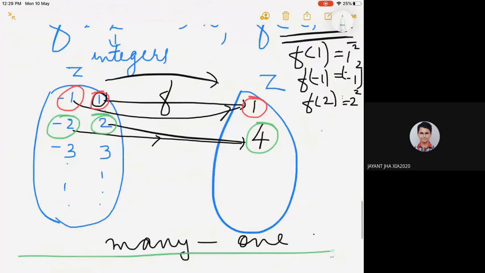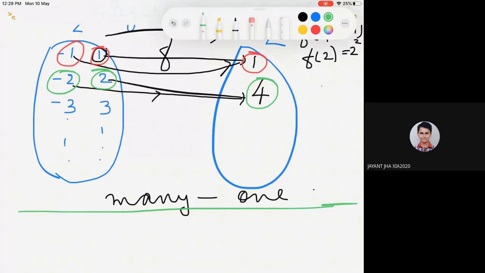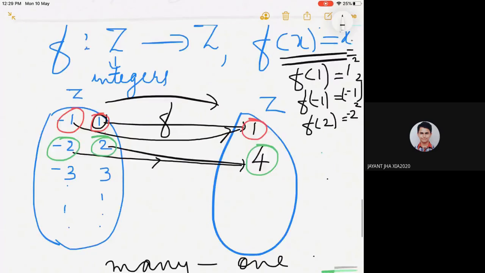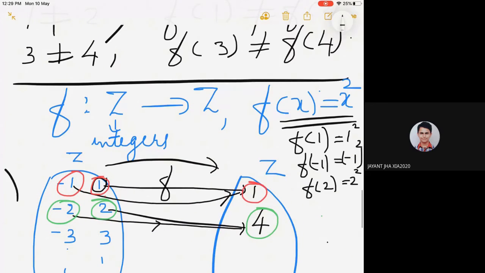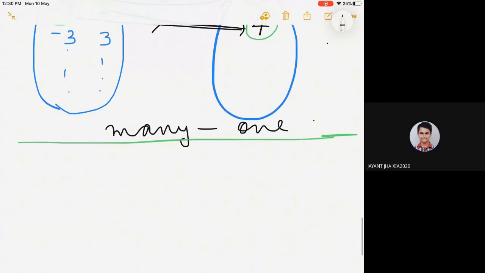This part is only by observation, where we are writing all the elements. But that is not the right way of writing in the exam hall. This procedure you can apply if it is a 1 mark question, to see the counterexample or whether it is one-one. If it is one-one, you have to give actually a general proof.